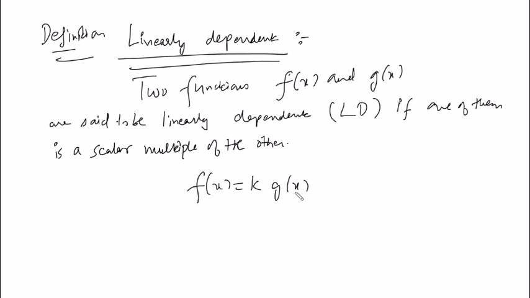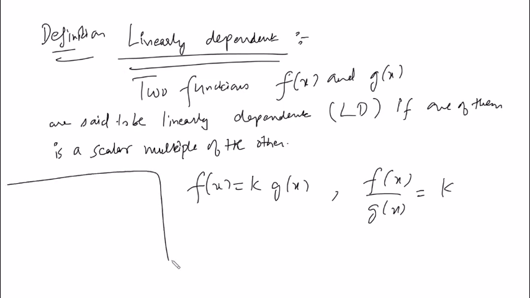It is also called a constant multiple, but scalar is the more precise word. Or you can say you take the ratio of the two functions, divide, and that answer should turn out to be just a scalar. If that is happening, we say the two functions are linearly dependent on each other. You can understand this vaguely graphically. So if I give you a function, say y1 is x, what is the graph of this?